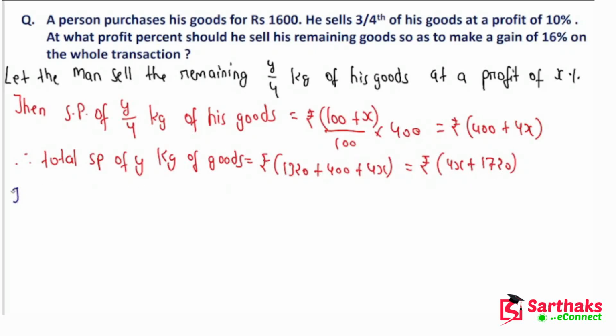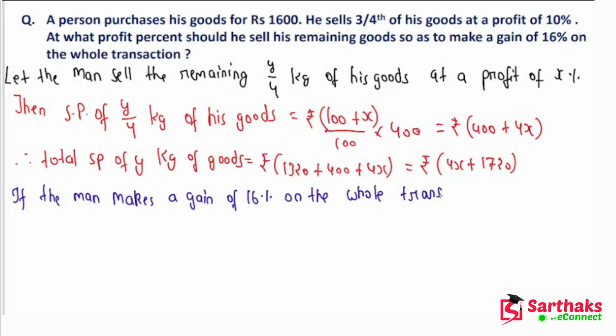So if the man makes a gain of 16% on the whole transaction,